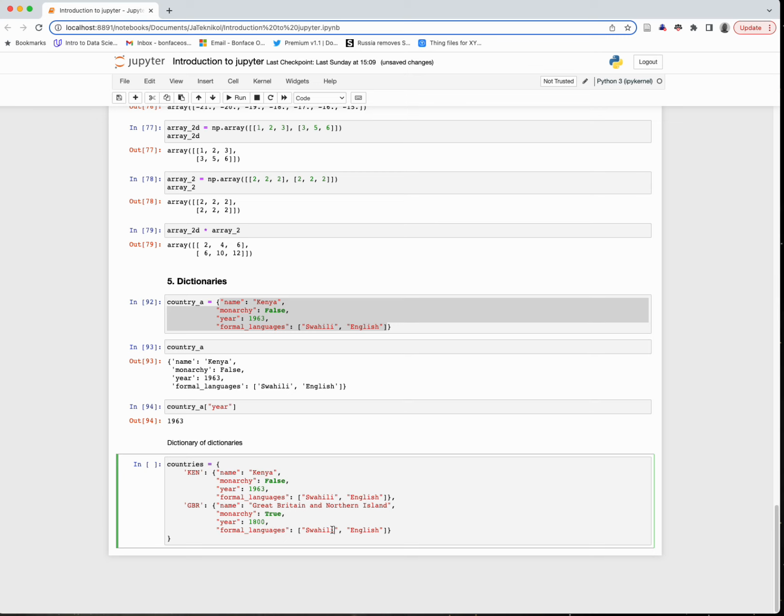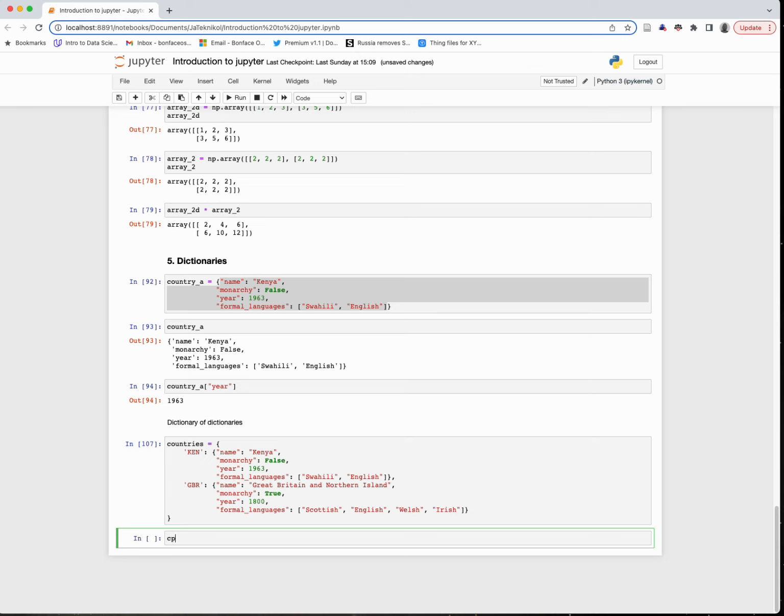And then languages, they're going to have Scottish, English, Welsh, I don't know if there's a language like that, then Irish. So this now completes our dictionary. We have a dictionary of dictionaries called countries, and it's made up of 2 dictionaries. The first dictionary is Kenya, and the second one is GBR, and each of these dictionaries has corresponding keys and values. So if I run this and I type countries,